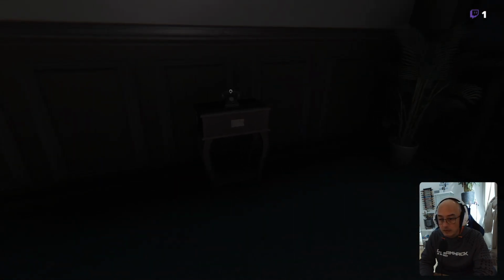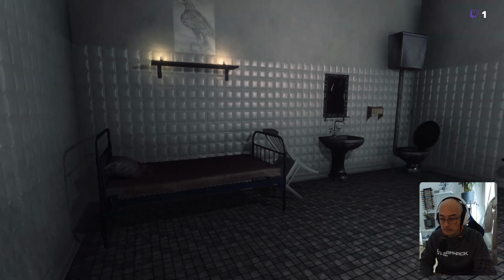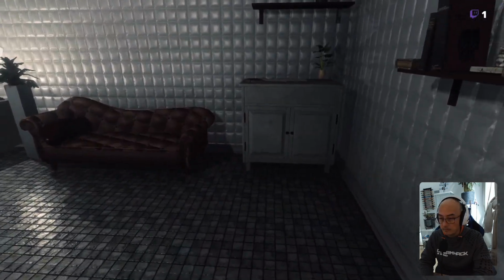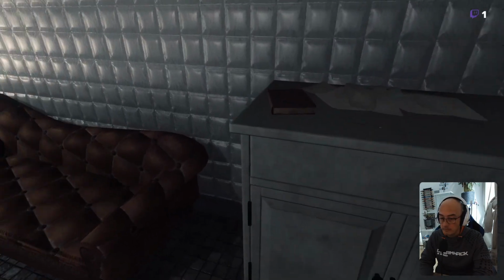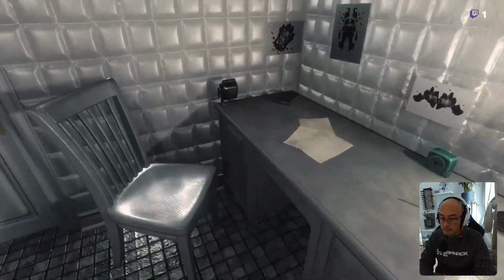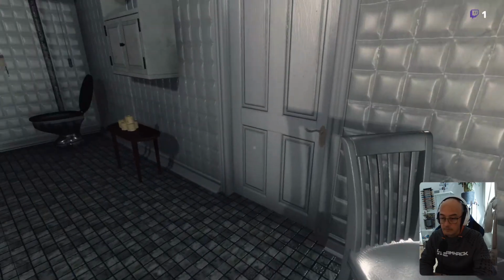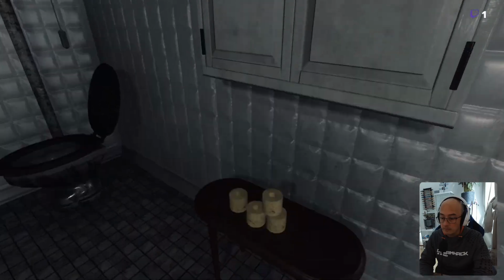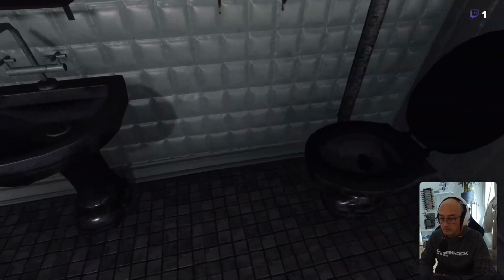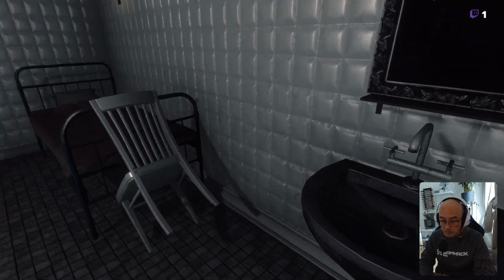Only to unlock. Here's the phone. Is this prison?